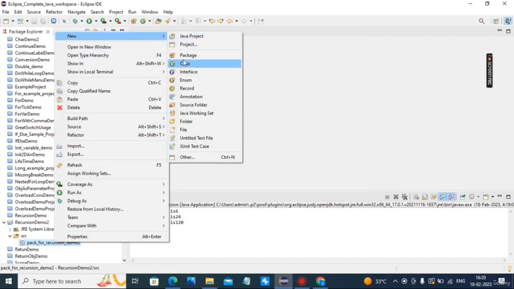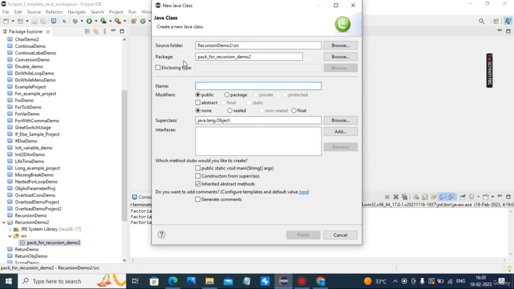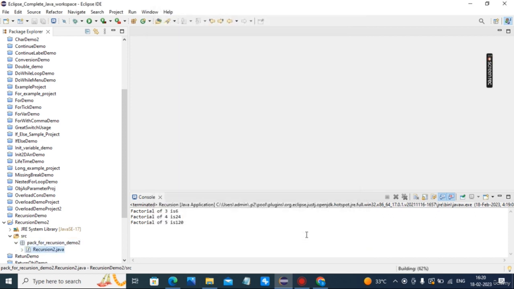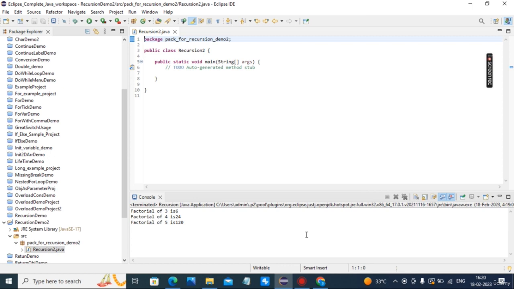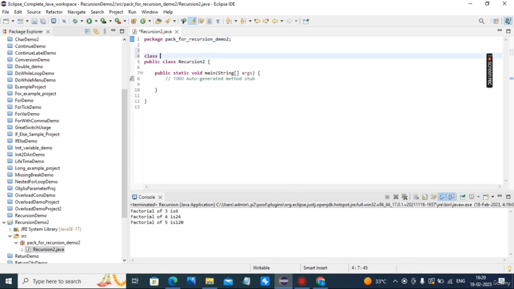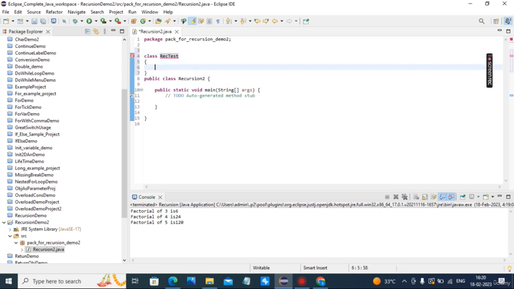So I create a new class called recursion 2. Class recursive test, and that has an array of values.